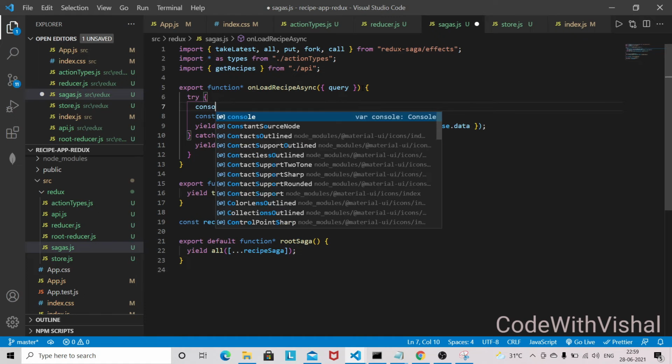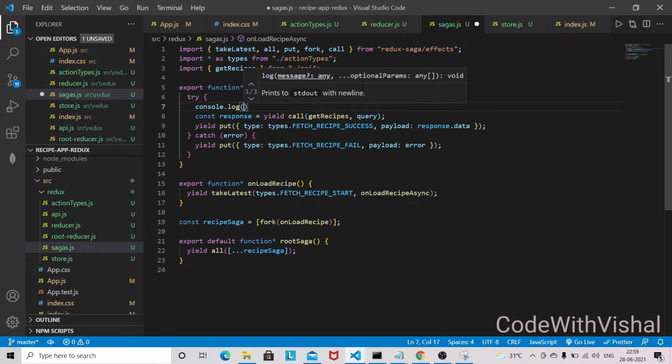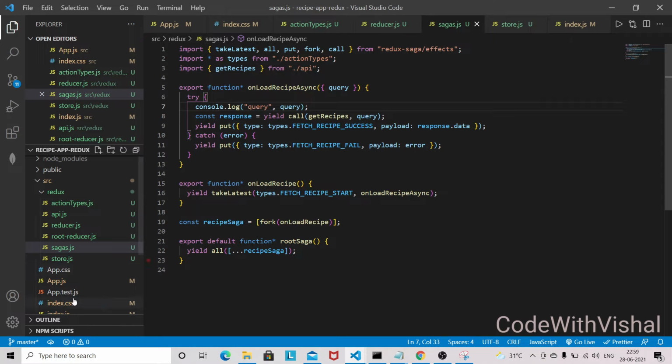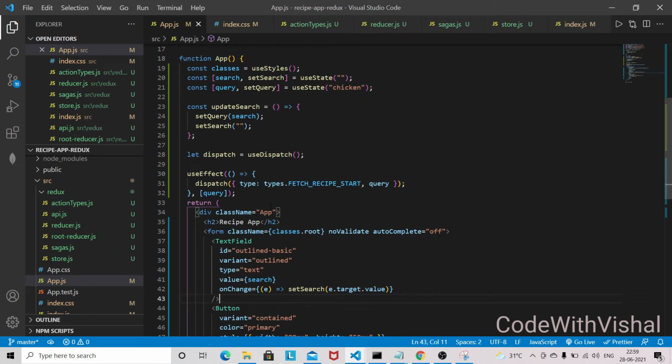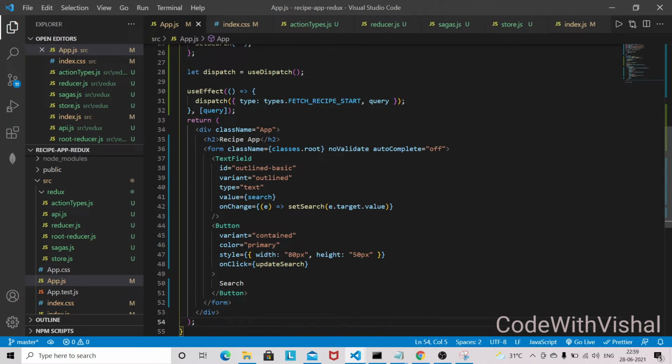If you encounter any issue, we can figure it out. So we have a console log in our saga.js file, and this effect will only run whenever we change the query in the search input field.